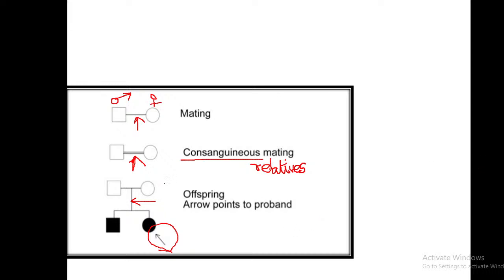And simply by drawing this, you can show an affected male. We have learned this in chromosomal aberrations, and we have learned about baldness and different genetic disorders. If you're drawing like this, a father who has baldness is marrying a normal lady,